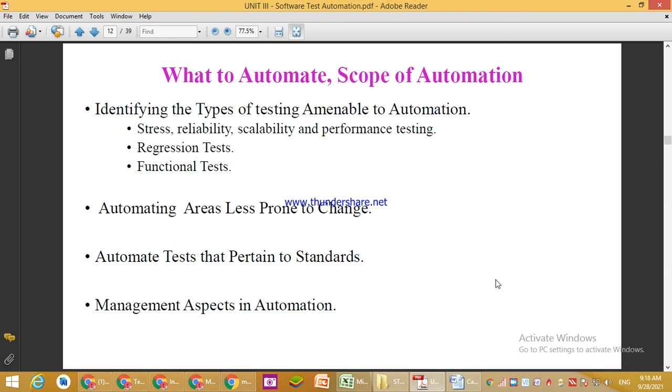Suppose the project has lakhs of inputs suddenly coming. Is that project capable of handling those inputs, and with respect to those inputs, does it show the output or not? In that case, what do we have to check? We have to check its stress, whether the particular module is capable of handling that stress or not.